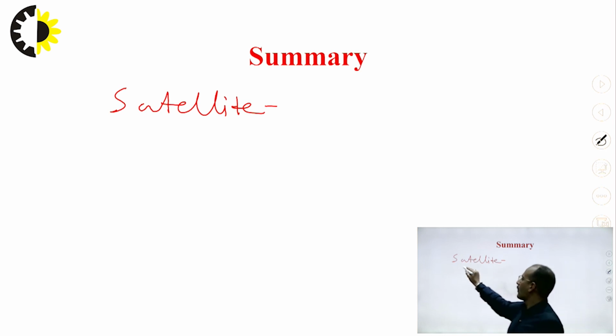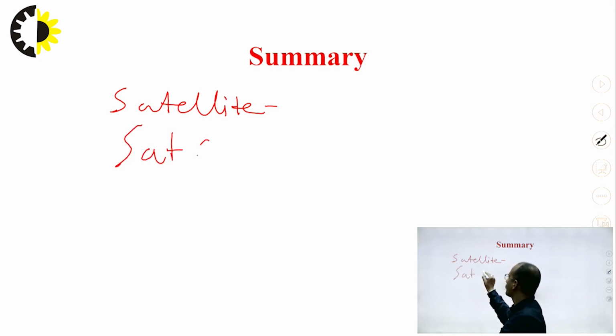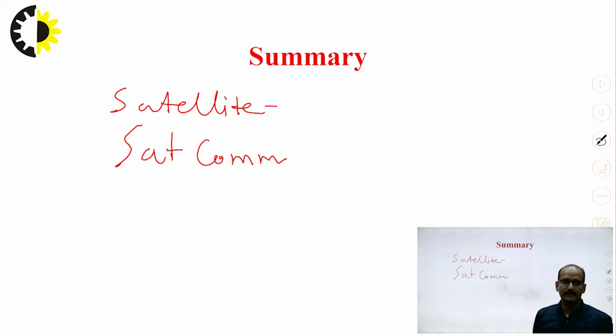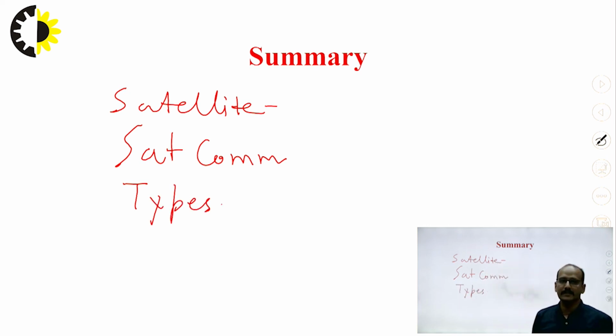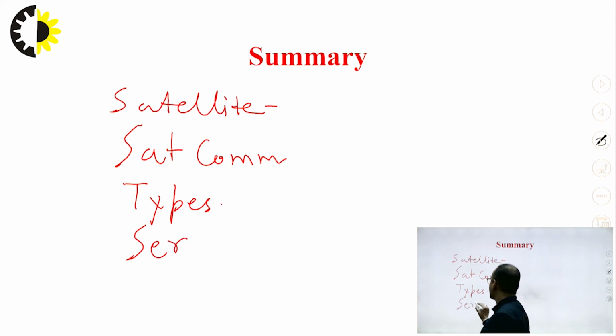Then we talked about SATCOM, which stands for satellite communication, with uplink and downlink frequency. Then we talked about the various types of satellites, as per utilization, orbit, or inclination. Then the services offered by satellites, and the last one was